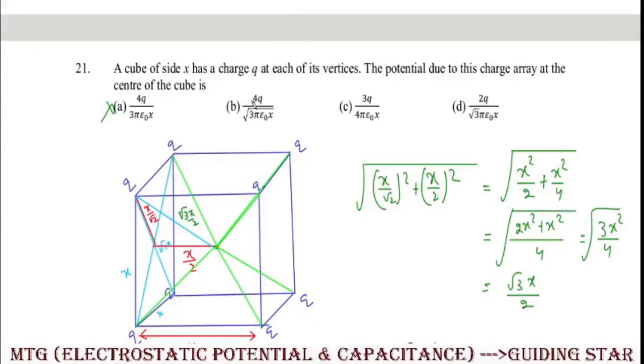रूट 3 ये वाला रूट थोड़ा गलत है, तो रूट 3 यहाँ पे इतना तक ही रहेगा। क्लियर? उससे ये वाला तक नहीं रहेगा। क्लियर? सो ऑप्शन बी। तो हियर इन दिस पर्टिकुलर केस यहाँ पे रूट 3 पाई एप्सिलॉन नॉट एक्स है, बट यहाँ पे 2q है, सो दिस विल बी रॉन्ग। ये 3q है और ये 4q है, तो ऑप्शन ए या बी होगा। तो यहाँ पे रूट 3 नहीं है और यहाँ पे रूट 3 पूरा सब में दे दिया है, तो यहाँ पे रूट 3 पाई एप्सिलॉन नॉट एक्स। सो ऑप्शन बी विल बी द करेक्ट वन।